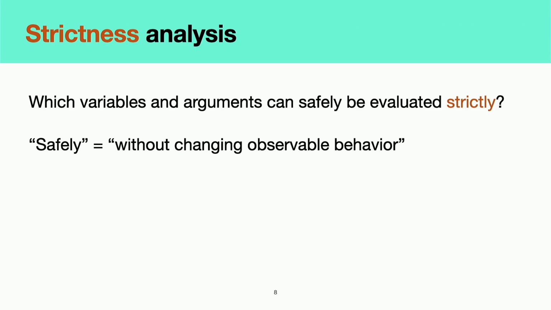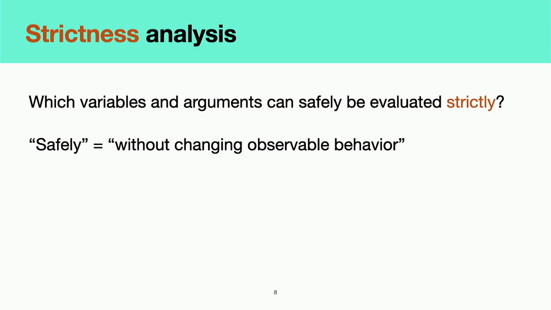As I said before, the semantics of non-strict evaluation only require that expressions be evaluated at some point between when they are defined and when they're used. In practice, though, if a programming language wants to actually implement non-strict evaluation, it needs to make a choice about where this evaluation is actually going to occur. And typically, languages will do this via strictness analysis. Strictness analysis posits a hypothetical laziest possible evaluation of any given program, and then asks which expressions in the program can I safely evaluate strictly or eagerly. Where safely here means without changing the observable behavior of the program relative to this laziest possible evaluation.